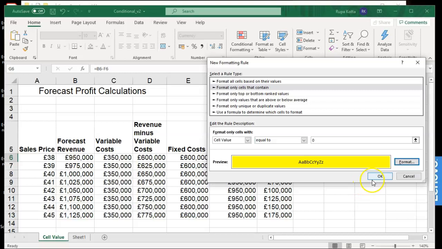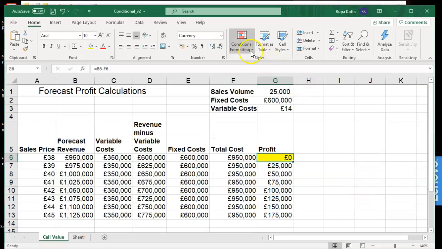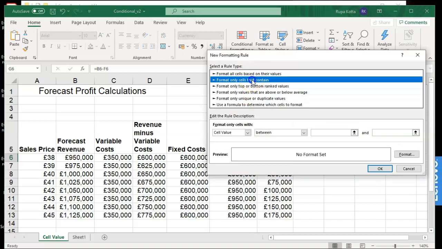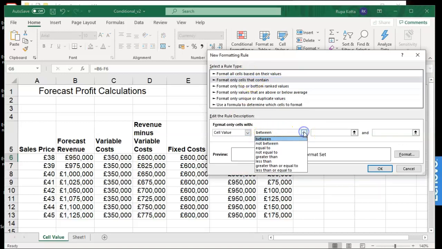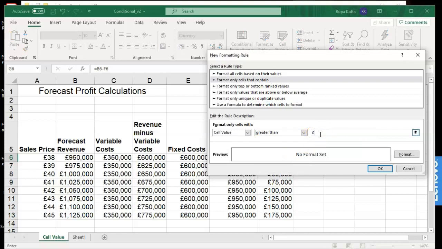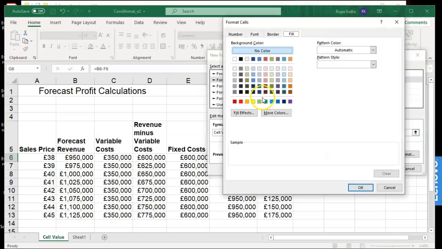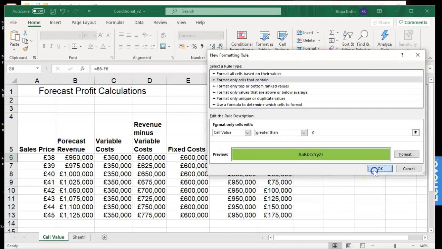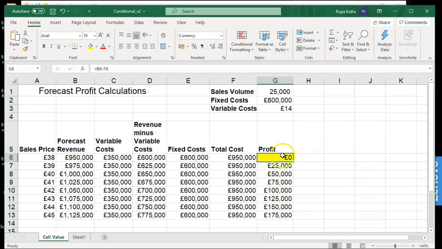OK and OK. And the last rule, cell values that contain, this time greater than 0, and this time you want it to be in green, and say OK and OK. Nothing yet because you only applied this formatting in G6.